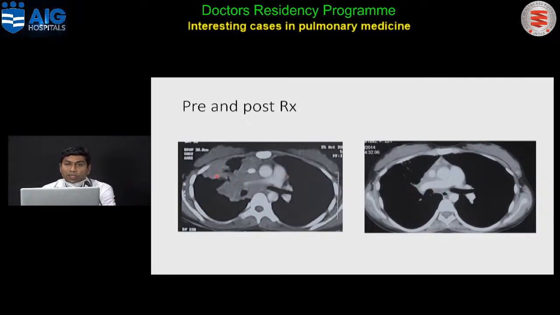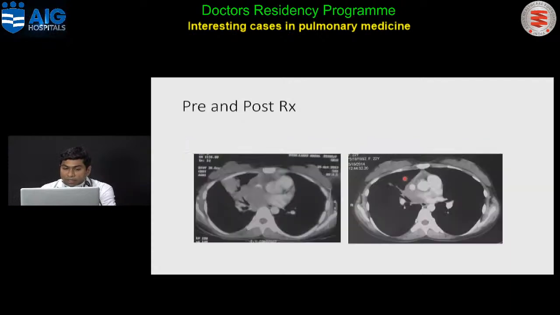And again you can see that there is a lesion in the lung parenchyma here, and after 7 months of treatment you can see that the consolidation of the mass-like lesion in the lung parenchyma is totally resolved. In subsequent CT slices, let us compare the same patient's CT scan at the level of the right middle lobe bronchus. This is the right middle lobe bronchus. Again you can see that this lesion which was here and the lesion which was there in the parenchyma both have resolved. So this is a very interesting case of Aspergillus-related mediastinal fibrosis which responded very well to voriconazole.